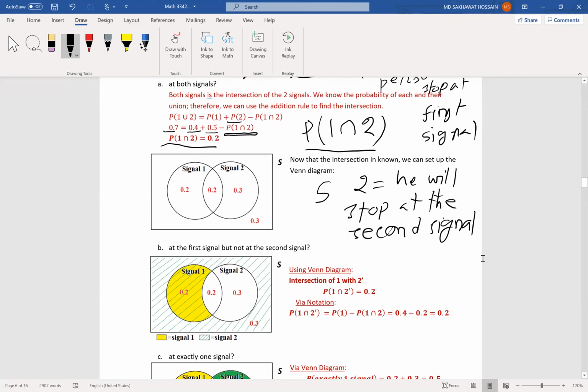So part B is at the first signal. That means the motorist will stop at the first signal, but not at the second signal. So that means actually we are looking for the probability that the person will stop